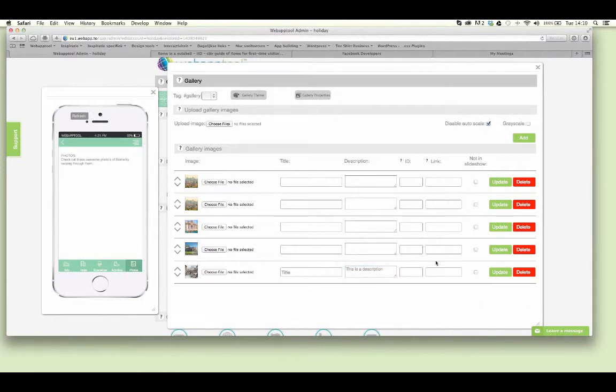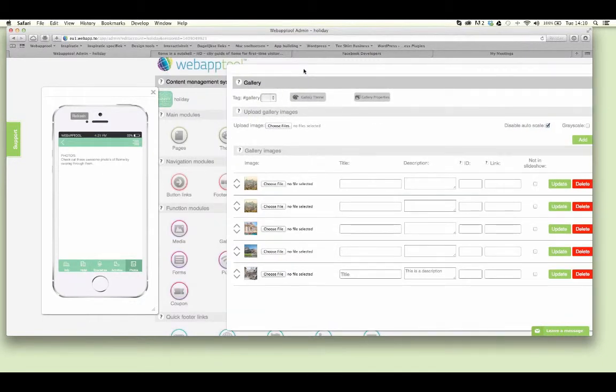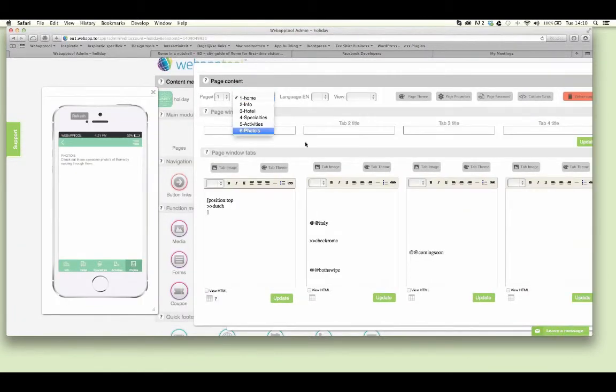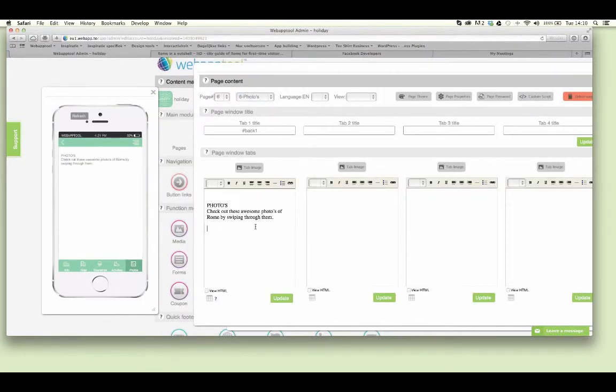And if I choose update, then I have to give it a place in the content of the app. Like every other function module, we use a tag. In this case, it's tag #gallery. So I go to pages. I go to photos. And here I place the tag #gallery. If I push update,